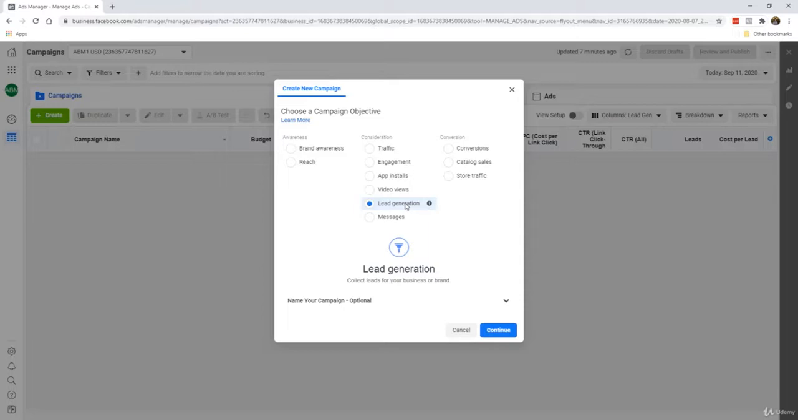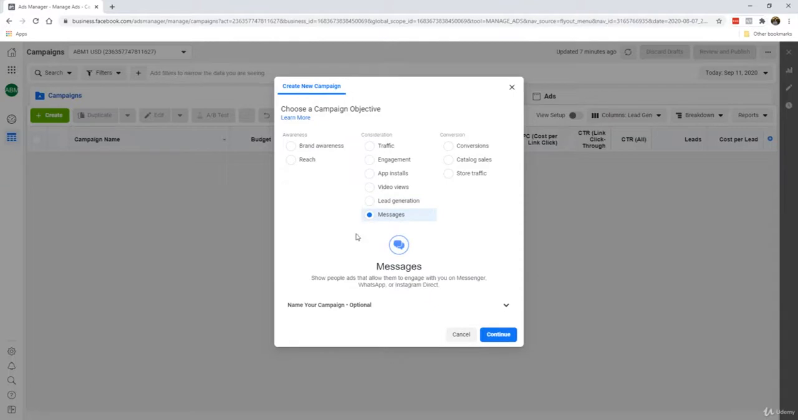So this works especially if you are expecting to meet up in person, or you're expecting to do phone calls, or calling up the prospect. Then lead generation will make a lot of sense, all right? So this is my distant second campaign objective. And messages, all right. If you want to have people message you directly on Messenger, then you can select messages as well. But I would say that this is probably one of my least favorite campaign objectives as well, because